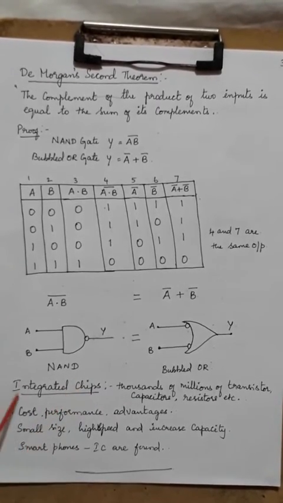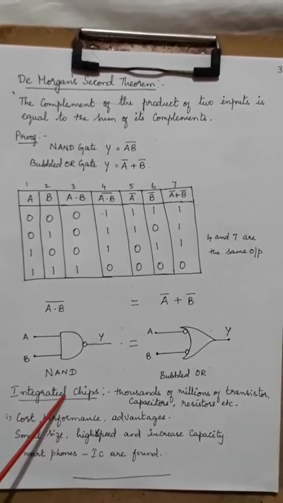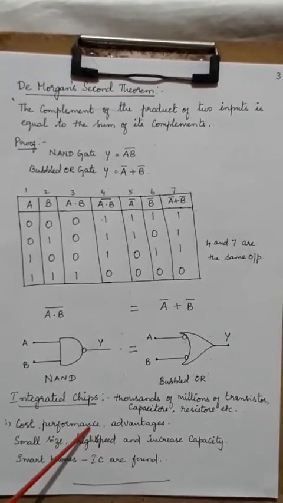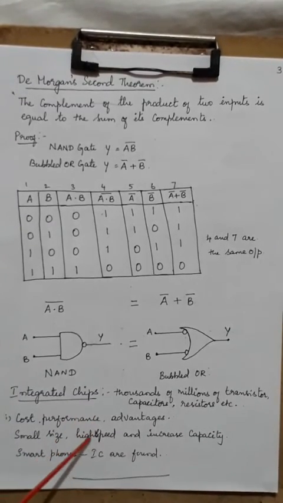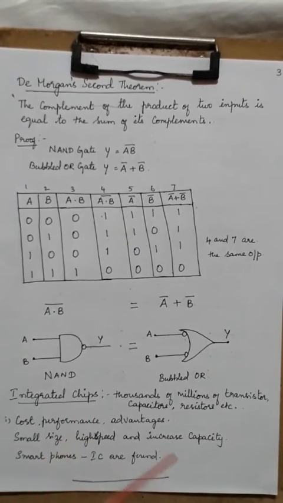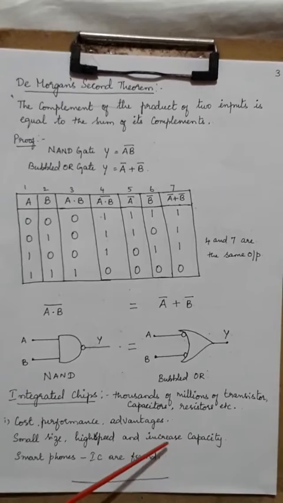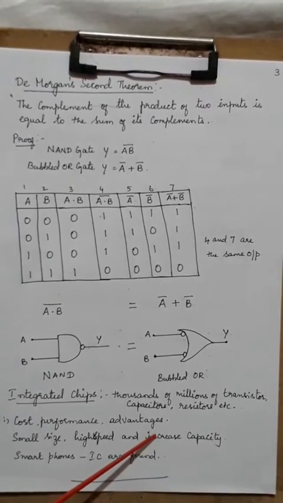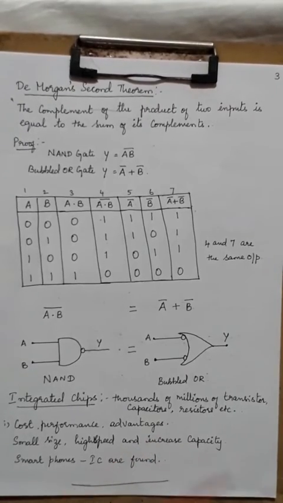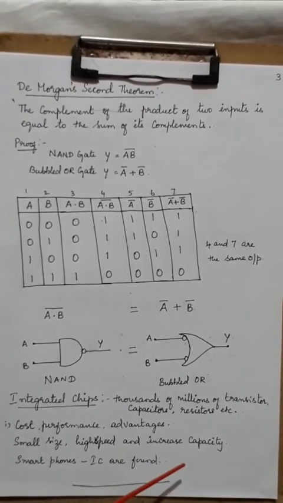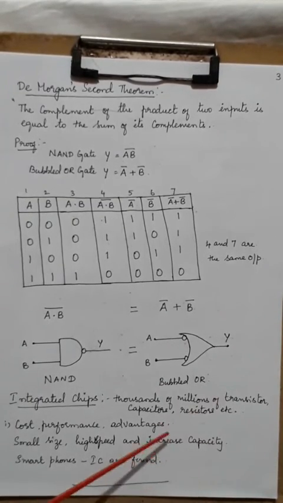But why do we use a digital IC chip? It is because of its cost and performance. Based only on cost and performance, it has evolved like this. What's the meaning of performance? It has high speed and it can hold increased capacity. The capacity is, nowadays you get phones which have 64 GB as memory inside, and you can have another memory card again of 64 GB.